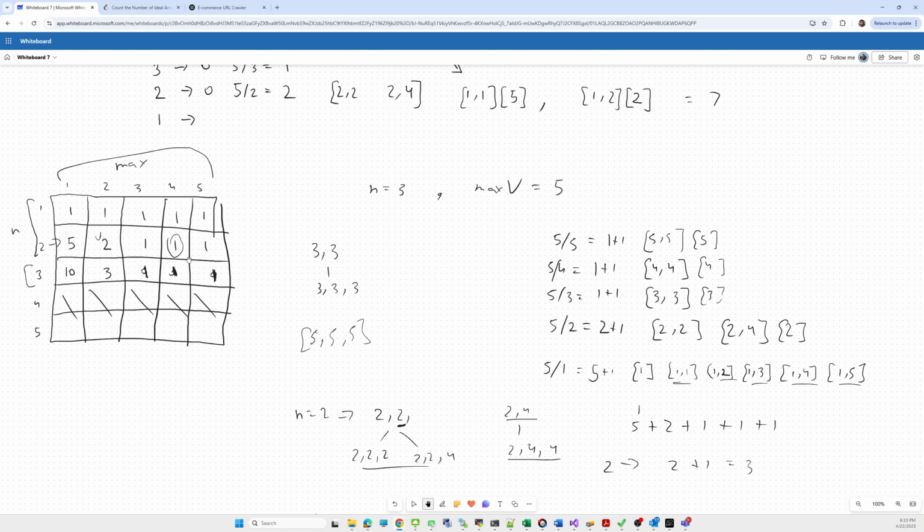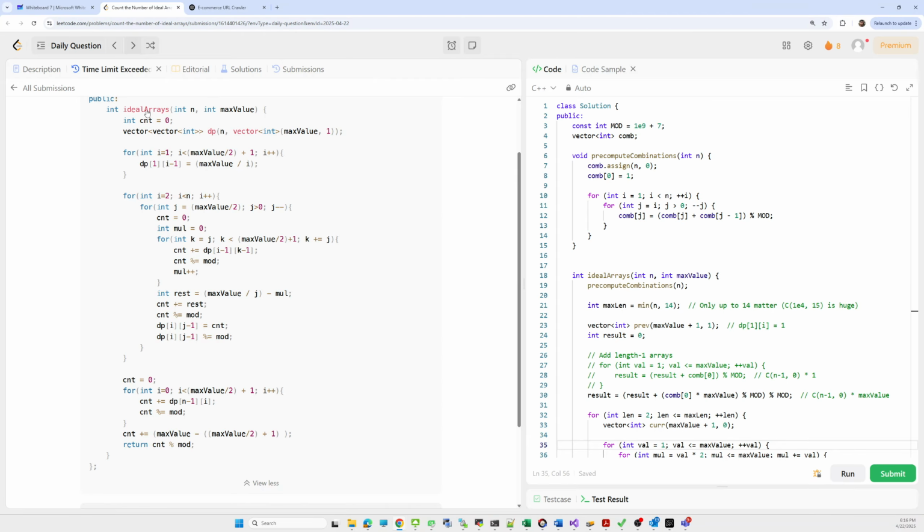When I want to fill this 5, this third piece of information, I use this 1. Then for 4, it is 1. Now for 2, first I take the sum of 2 and its next multiple, 4, which is 1. So 2 plus 1 is 3, and I update it here. Similarly for 1, I start from 5 and go to the right and add all the elements which are divisible by 1. All of the elements are divisible by 1 here. So we sum that up and update it here, 10, in this loop.